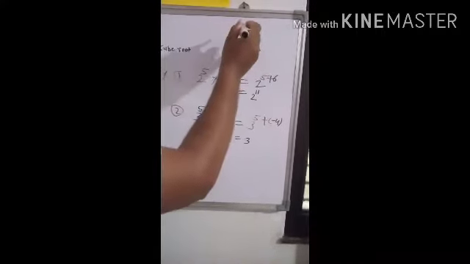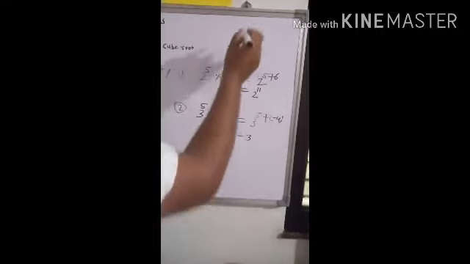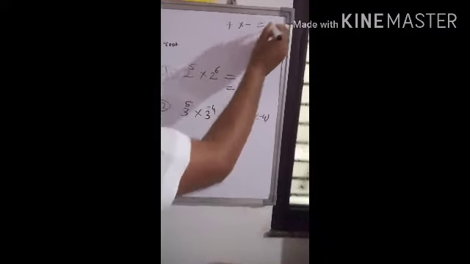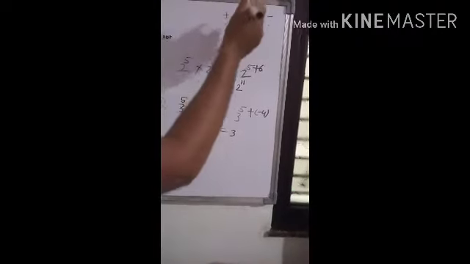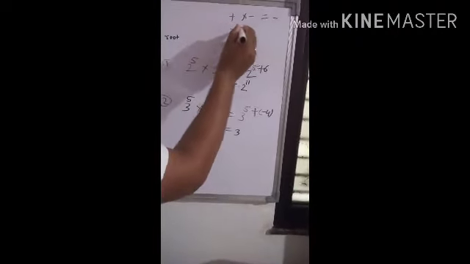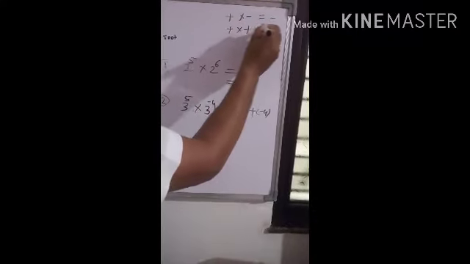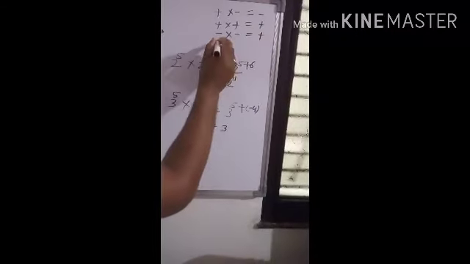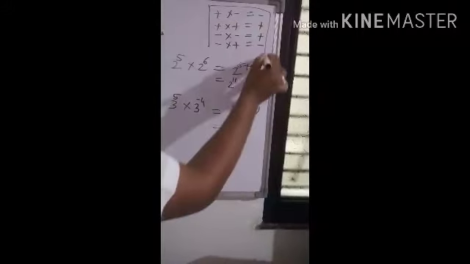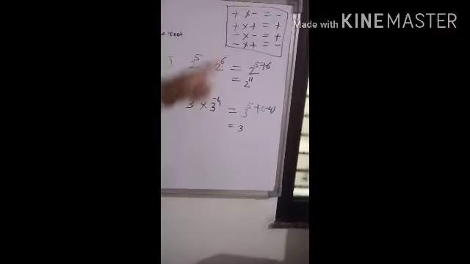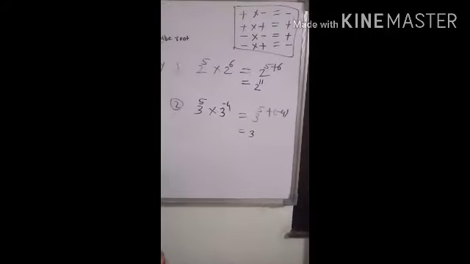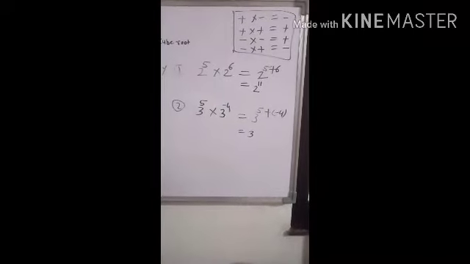We know the rules of sign in multiplication form. When there is a plus into minus, we get minus. These are the rules. There are 4 rules. Plus into plus, we will get the plus sign. Minus into minus, we get the plus sign. Minus into plus, we will get the minus sign. These are the 4 rules of multiplication of the sign. So learn these rules because we studied them already in the 6th and 7th class. Therefore, we must know these rules.